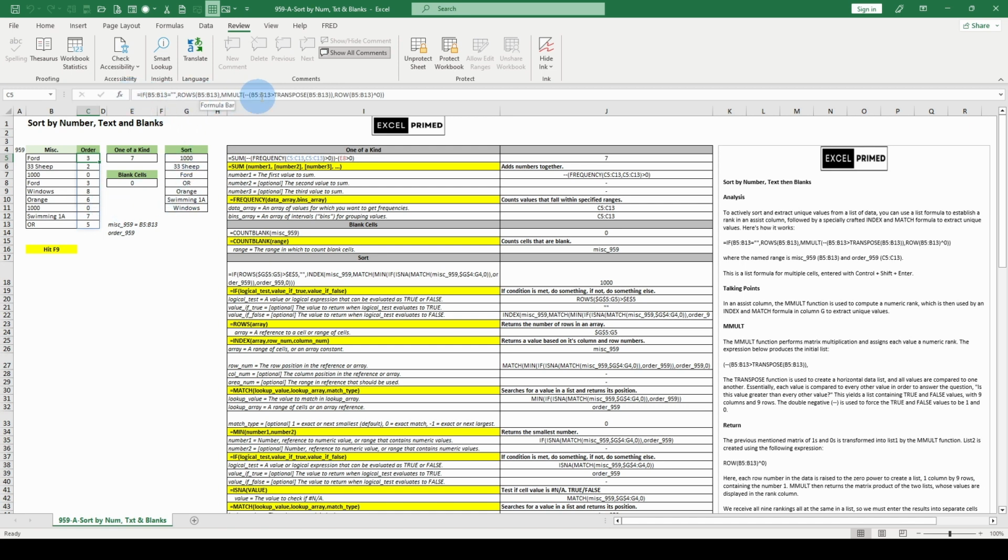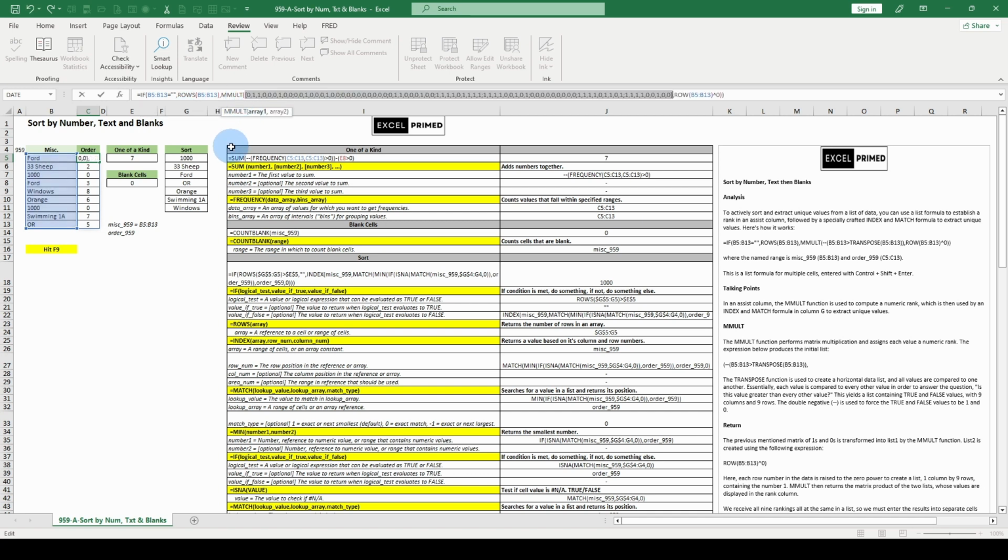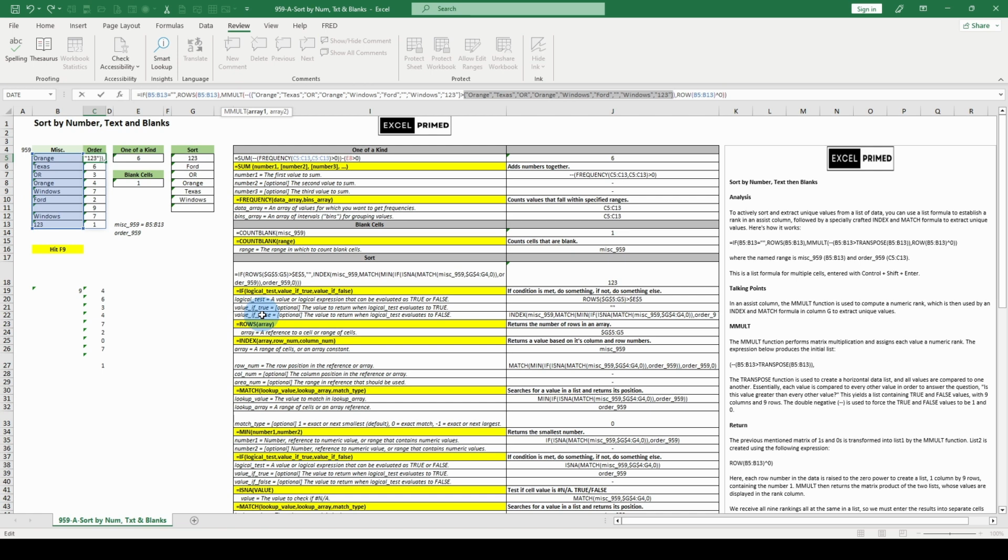Instead of doing all of this inside this SORT function, we're going to reference this assist column. Do you get this? We have this MMULT, F9. If we look at the array again, F9, you see what we're doing here? We're going to have 0, 1. Okay, let me try